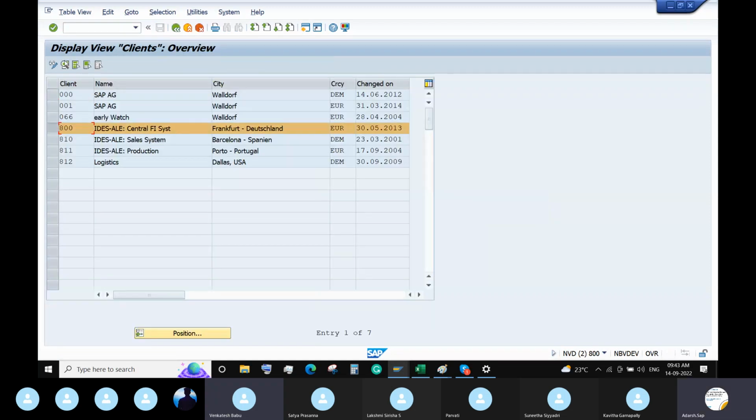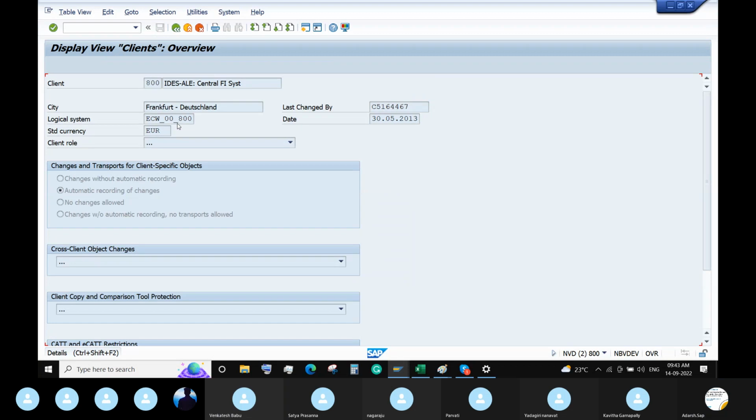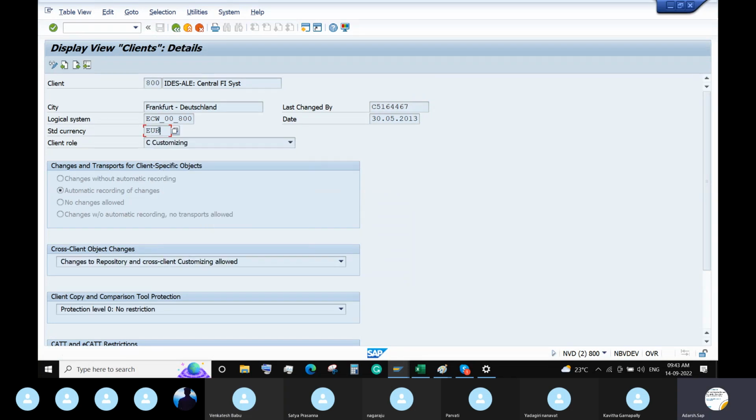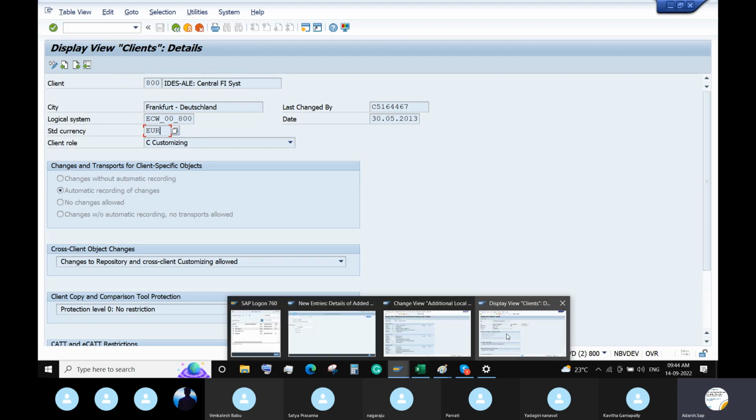client, here group currency is EUR. This is the currency which is maintained at the client level. You go to SCC4, there you can check the currency, standard currency. This will be the EUR. This is ECC. If you go to S4HANA,